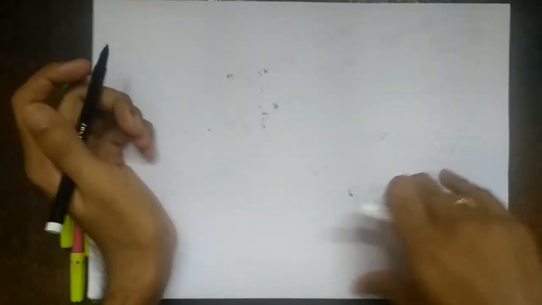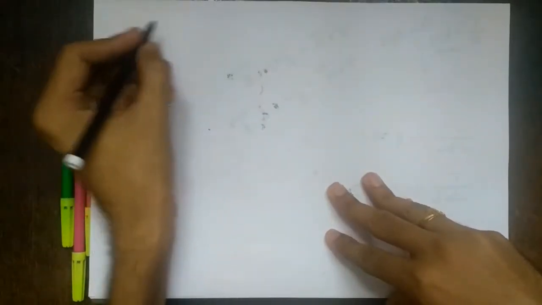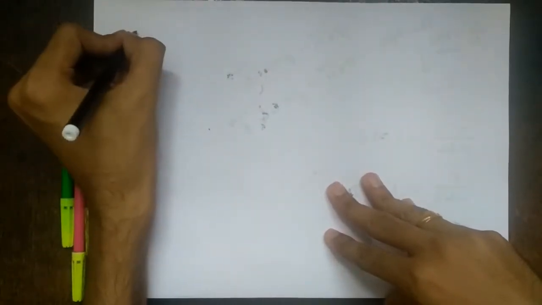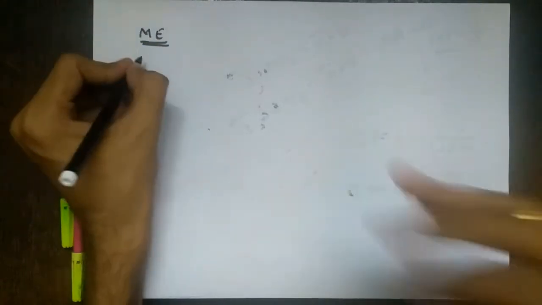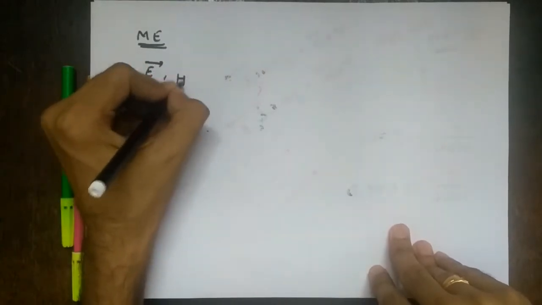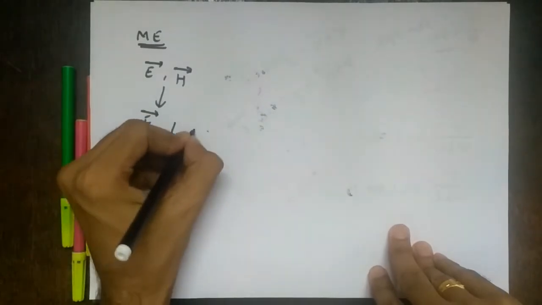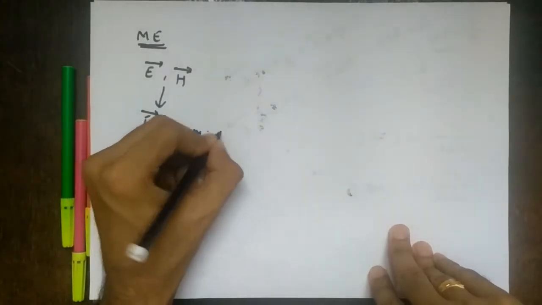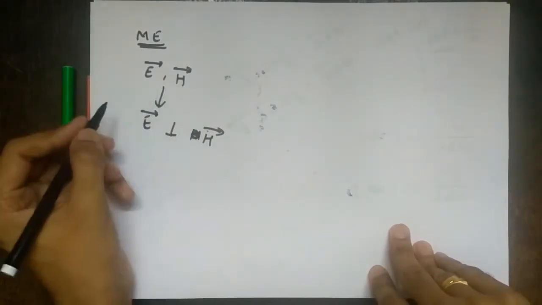Yesterday we did some numericals, so let's proceed to the next topic. Before actually telling you the topic, let's see how we go into that topic and for what reason. So we mainly studied Maxwell's equations here, right? From Maxwell's equations, and before that, we got the E vector and H vector. Further, we proved that the E vector is always perpendicular to the H vector. This is H, right? So we saw there is interdependence of electric and magnetic fields, and they are always perpendicular